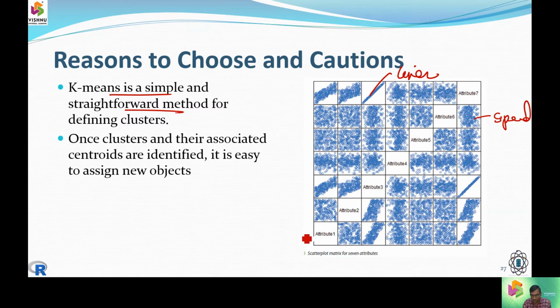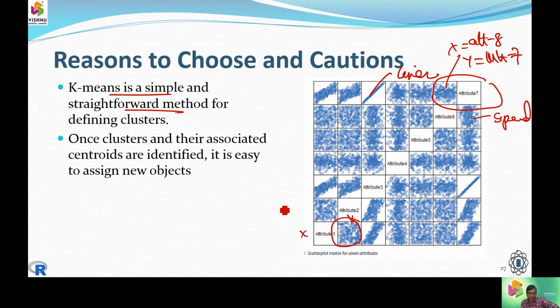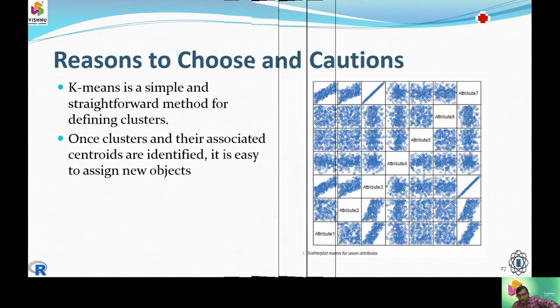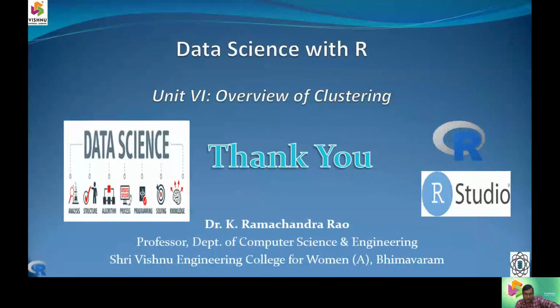So when I call this, the x-axis is going to be attribute 1 and the y-axis is going to be attribute 2 for this. Okay, so similarly, if I do this model, the x-axis equals some attribute 8 and the y-axis equals some attribute 7. In this model, we have to choose the split graphs, etc. So this is all regarding the cautions and choosing the appropriate clusters. Whenever a new object has to be identified, we need to decide to which attribute it is going to be assigned.